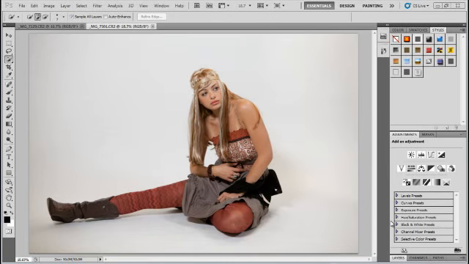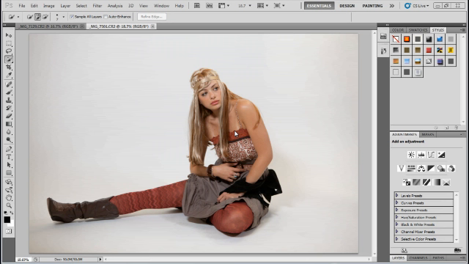One thing I really like in CS5 is how easy it is now to extract an image from the background. In this case, it's not too bad because I shot this picture of Lana against a white seamless paper, so you can see we've got some nice separation here. However, even a photograph like this could still be a little bit tricky to extract, particularly in